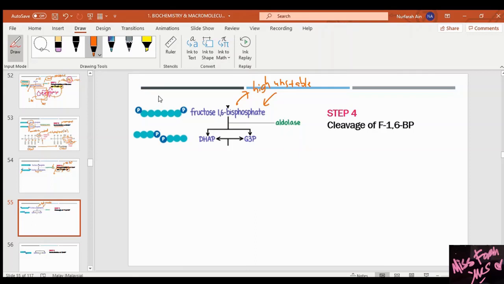So basically, we break it down into 2 fragments of 3 carbon molecules, and these 3 carbon molecules are dihydroxyacetone phosphate. Okay, so the first 3 carbon molecule is dihydroxyacetone phosphate, or DHAP, and the second 3 carbon molecule is called glyceraldehyde